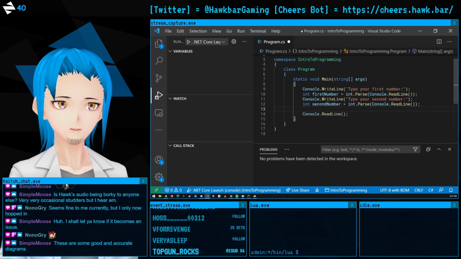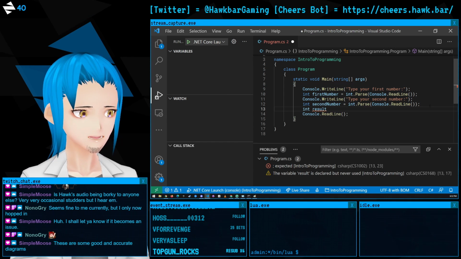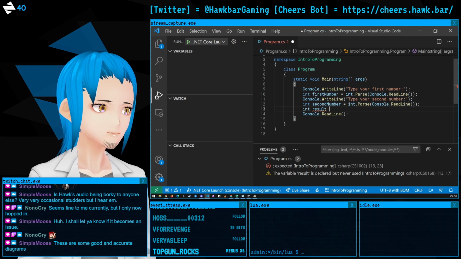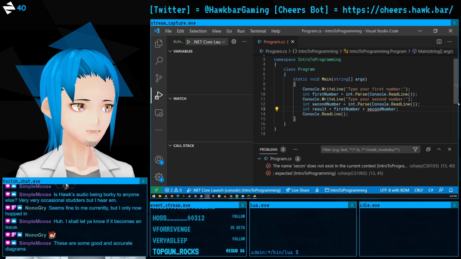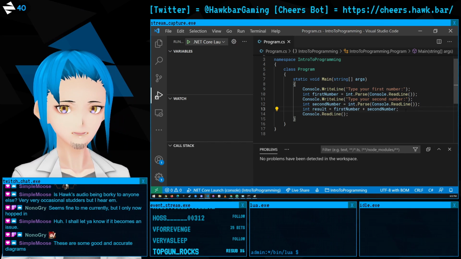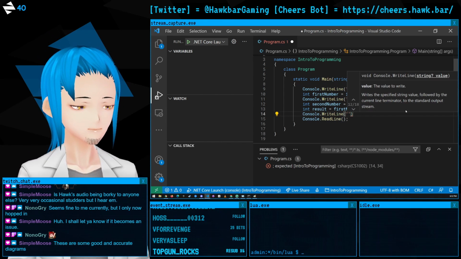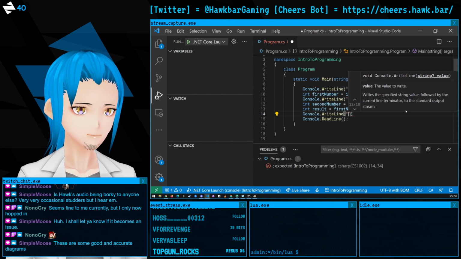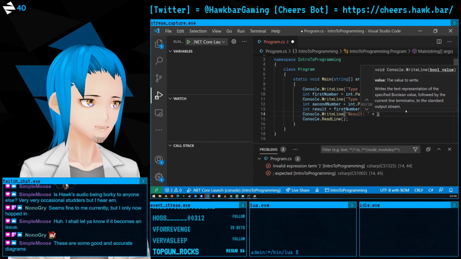And now we want to add these numbers together. So we'll create a new variable called result. That's also an integer because an integer plus an integer will always be an integer. And then we'll take the first number and add it to the second number and store it in this integer variable called result. And then we can put that variable into the console. So let's say result, and then